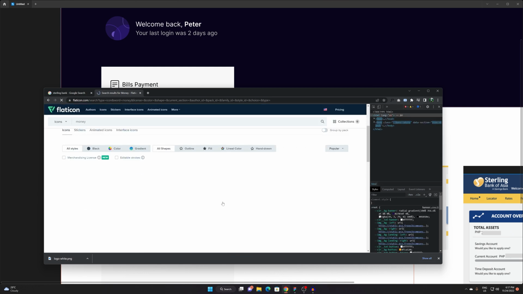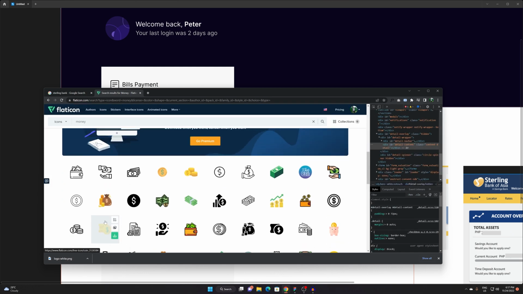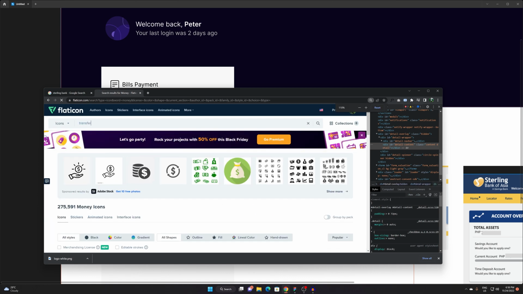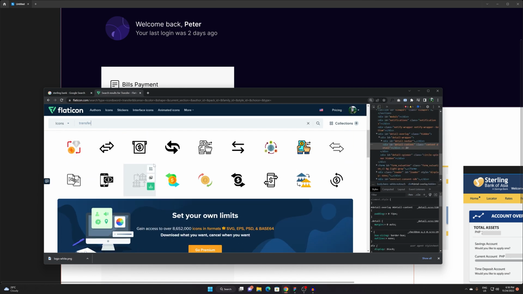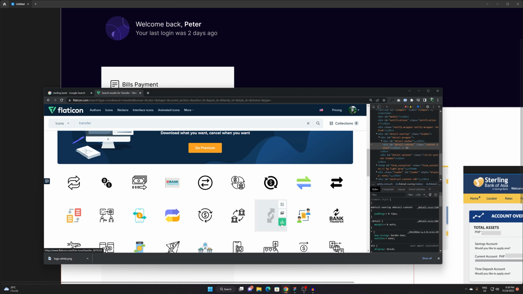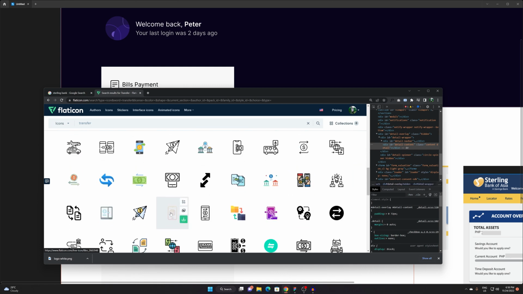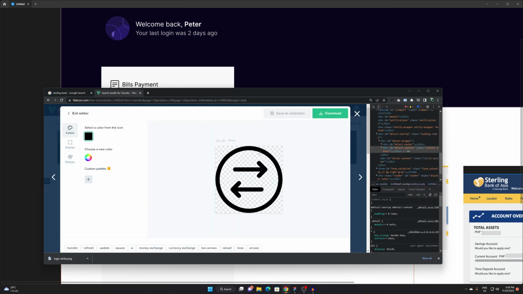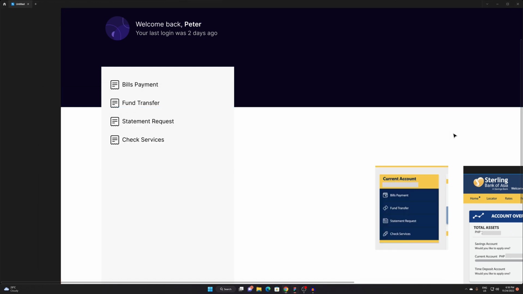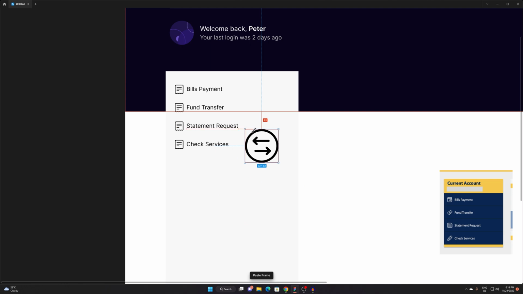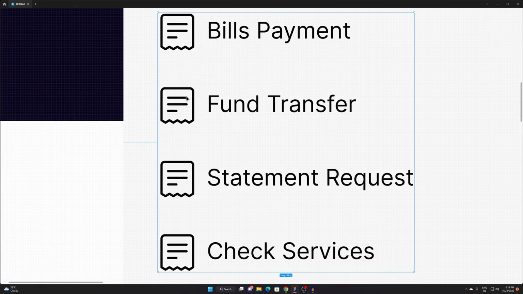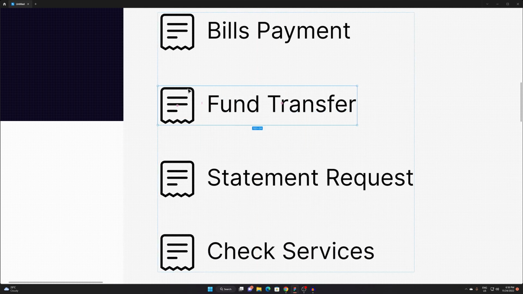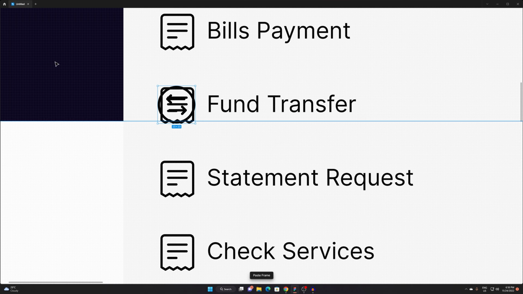Or something money. I like this one. So we're gonna use this icon, make it smaller. And then